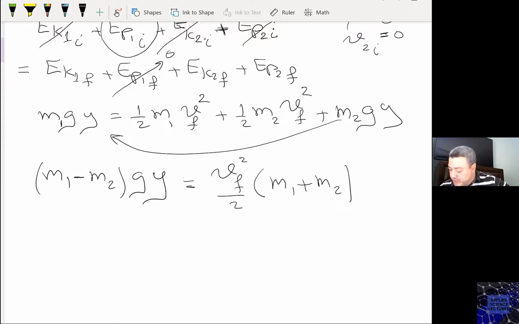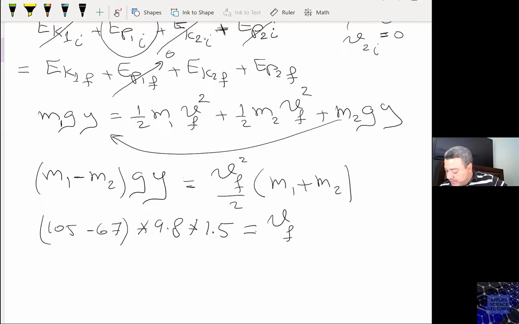Now if you substitute m1 minus m2, 105 minus 67, times 9.8 times 1.5 equals to vf squared over 2 times 105